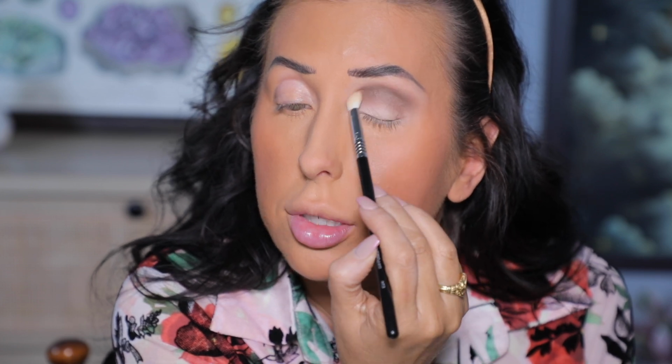But I'm using a brush, and I'm going to be using brushes today from my Sigma favorite set. Everything I'm going to talk about is linked down below, and I'm also trying to use the YouTube shopping feature. I think that's really easy, but you see how nice and pigmented that is? That's what I was hoping for